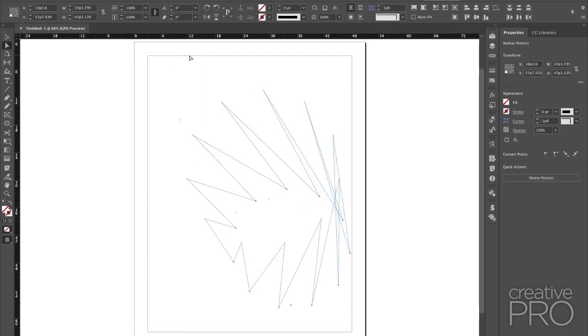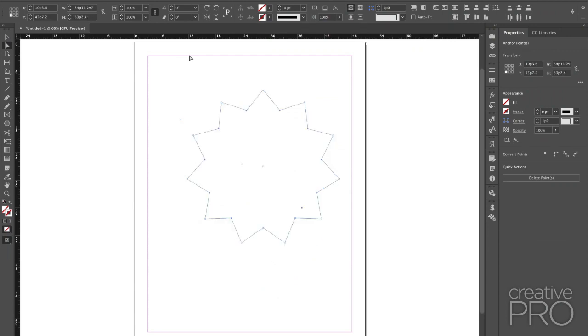What if I, whoa, that was exciting. I rotated this and it went kablooey. So let's undo that, Command Z. Why did that go kablooey? It was an interesting effect, it just wasn't the effect I wanted, because I did not first look at the reference point up here, the upper left corner of the screen and the left side of the control panel. The reference point, you always want to go look at the reference point before you do any kind of scaling or rotating or anything, because this says what's going to stay locked when everything else will move.